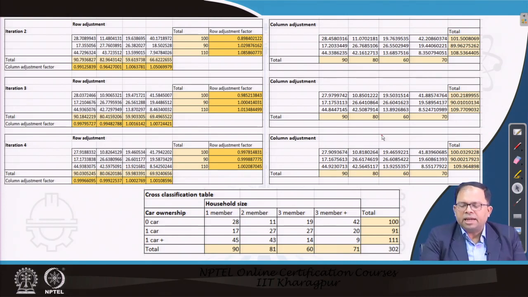And once this iteration is completed, here we have already multiplied the actual value from the seed with the proportion that it should be multiplied with. But if we had not done that, we could have kept it in proportional form as well. So, that is the proportion of that particular group within the total zone.